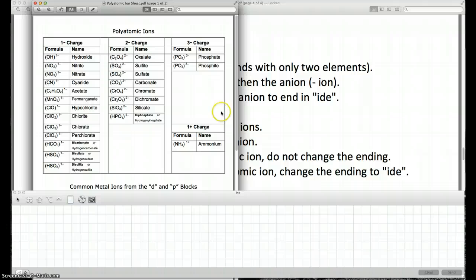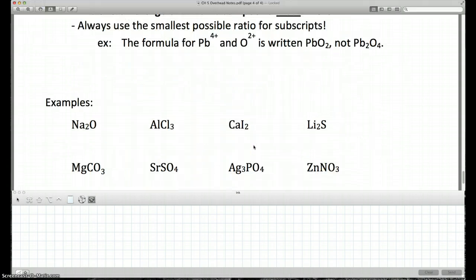If it's on this sheet, don't mess with it. Just like we never mess with anything in the parentheses, we're never going to mess with the names of any of these polyatomic ions. So, if we go to this next row of examples,